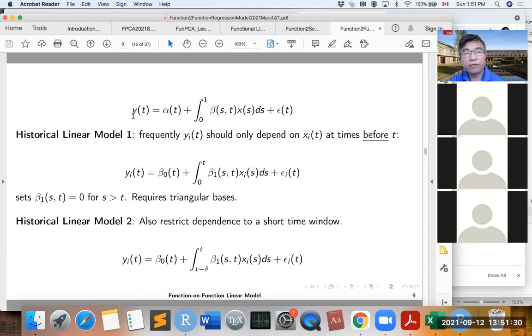So basically, the value of the response y will depend on the value of x over the whole time range. Okay, but sometimes this is not realistic either, because we know that typically the response y_i will only depend on the predictor before the time t, right? So for example, the weather today should not affect the